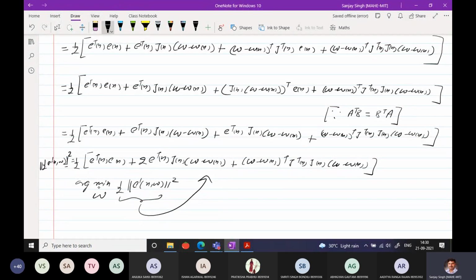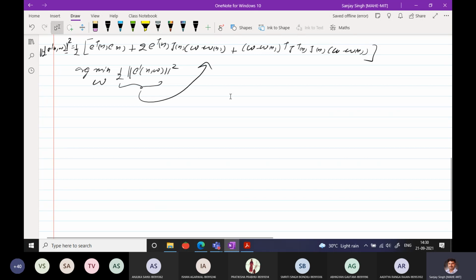Because the argmin means that value of W which will minimize this particular function, it means we have to differentiate with respect to W only. So when differentiating with respect to W, ultimately what I should do is something like this. It is a matrix derivative with respect to a matrix, so I'll write not a partial derivative but in terms of nabla. So nabla W, I'll write 1 by 2 E prime of W,